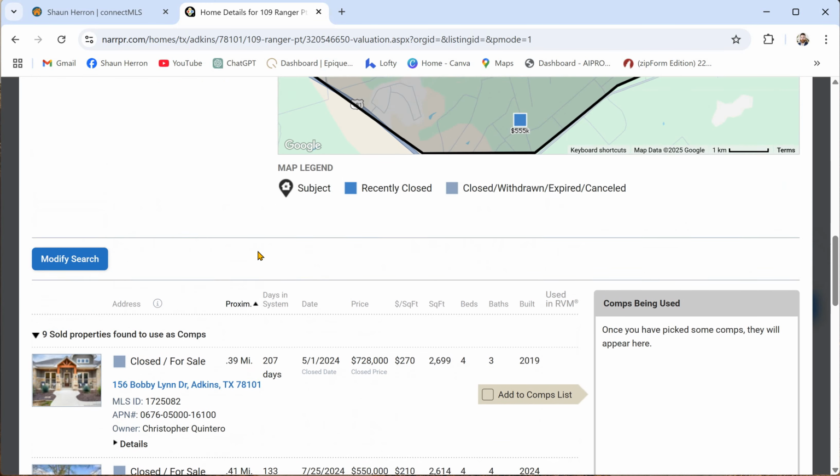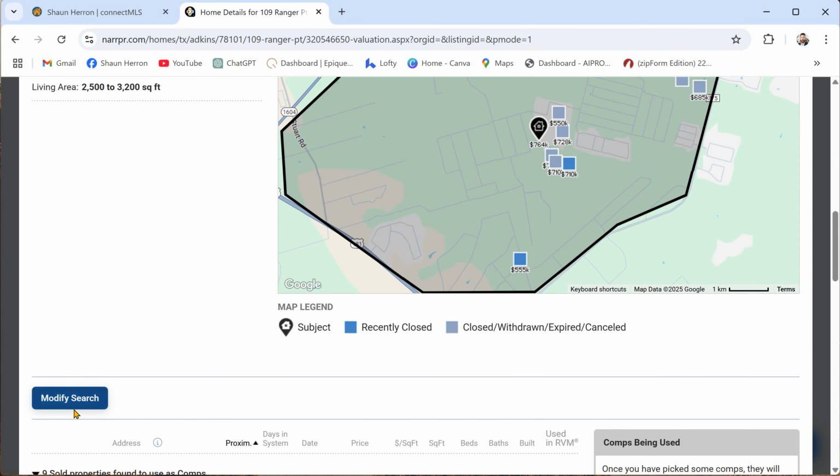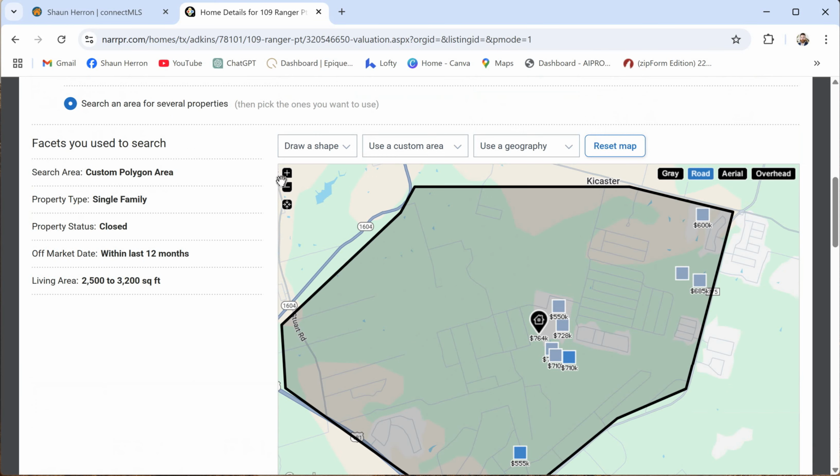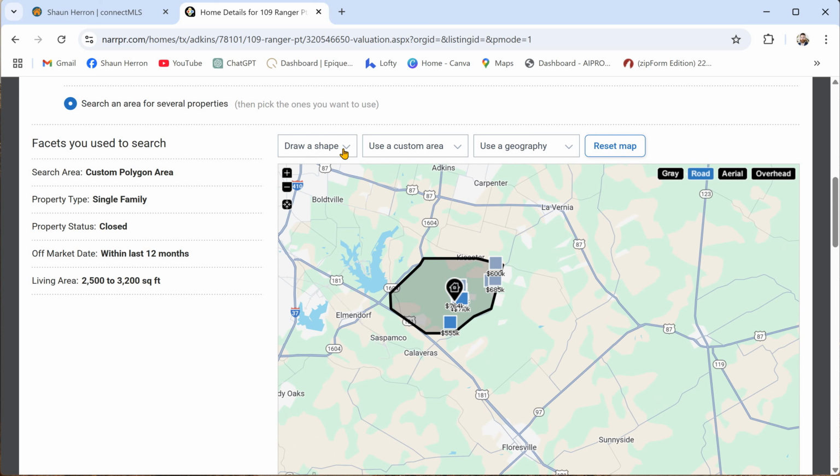Nothing, huh? Of course, it's always this way. All right, so it doesn't like the map, right? Well, we can't force it. We just can't make stuff up, right? So we're going to have to mess with this map. So let's go ahead and zoom out a little bit. And let's do